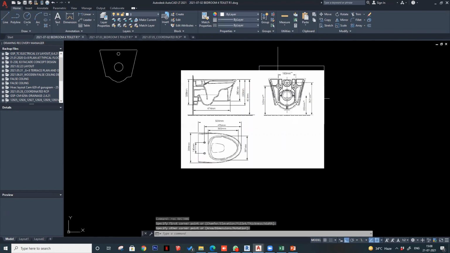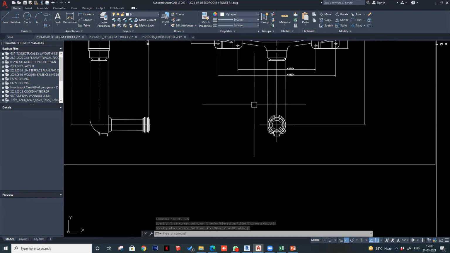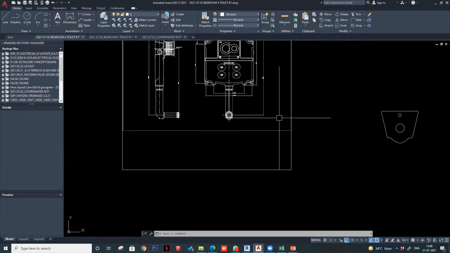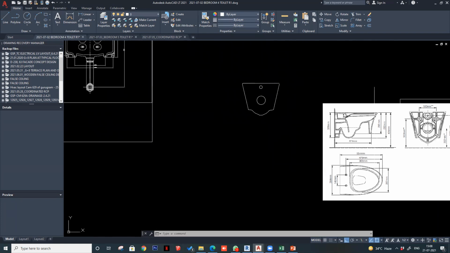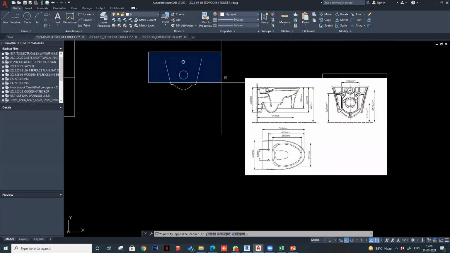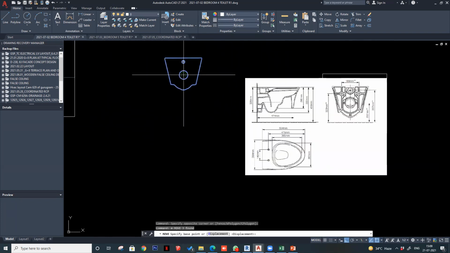This part will fit on this, so you'll have to make an outline like this and just place it over here.